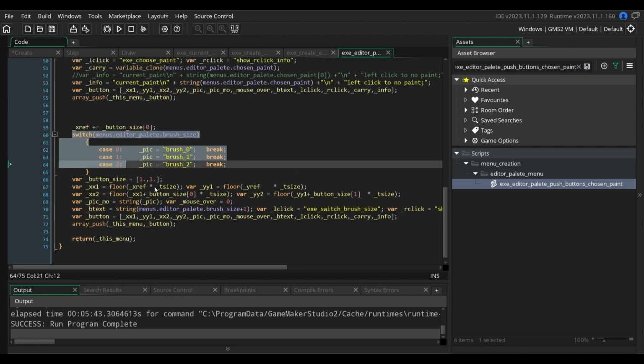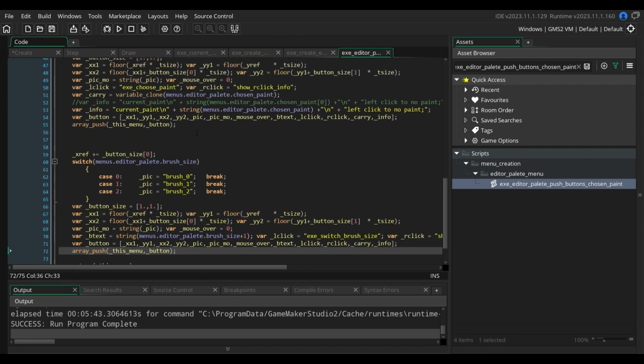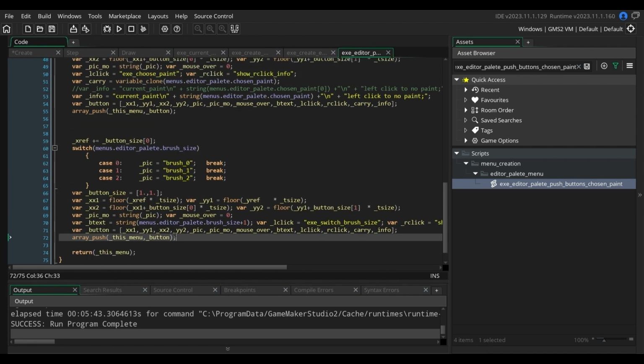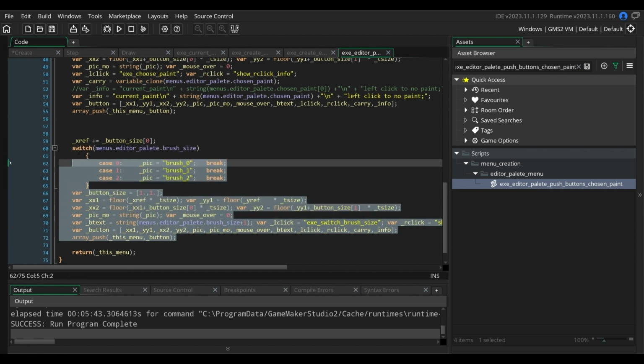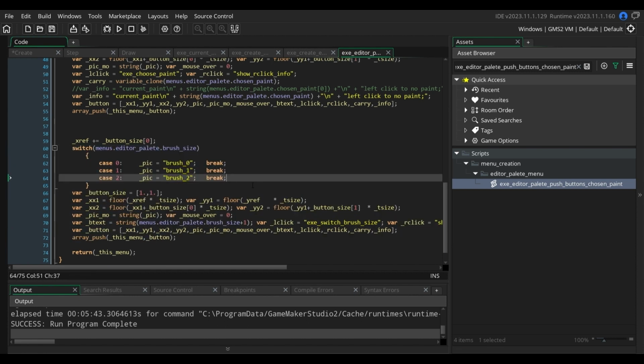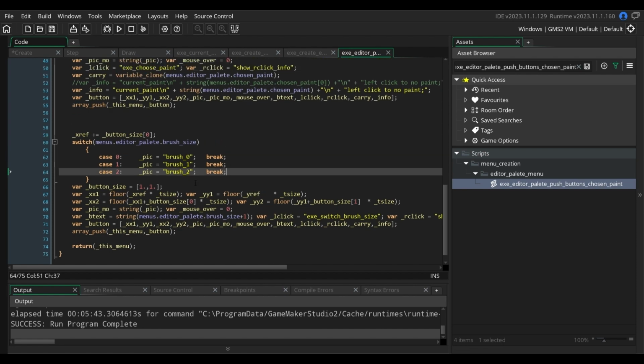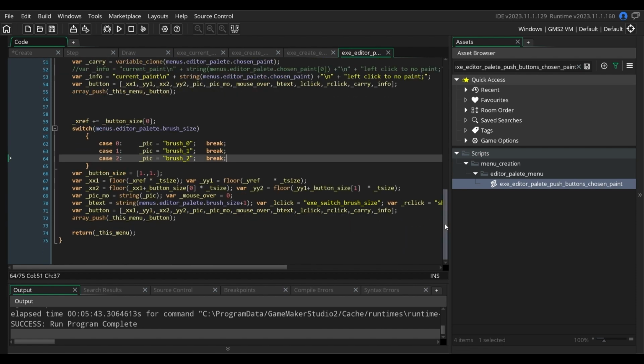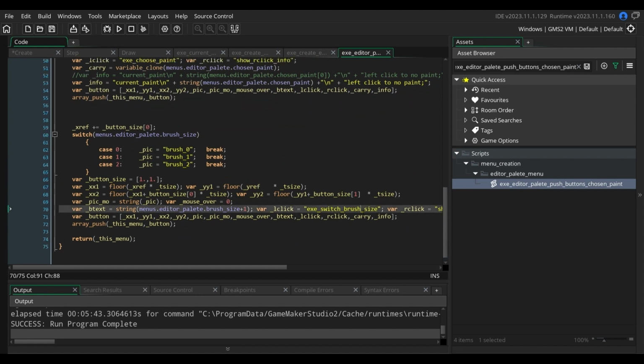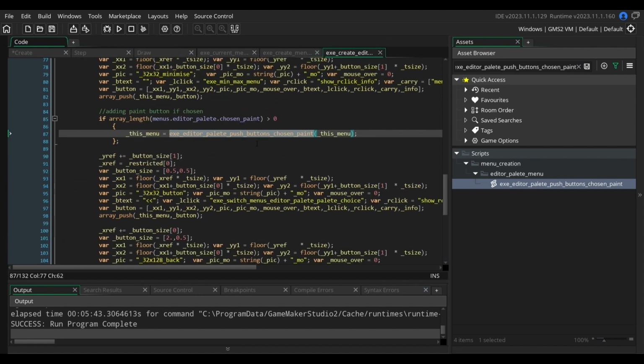And the second one here is the size of our brush. So we can choose some bigger brush as I showed previously, but it doesn't play any role now. This is just switching the brush size. Okay, we go back to this